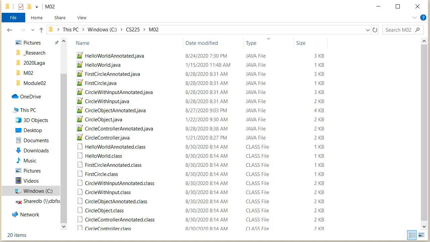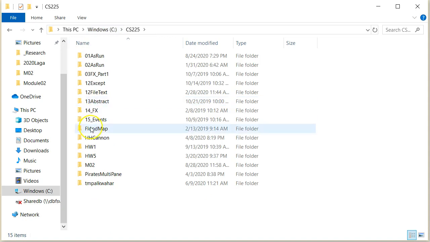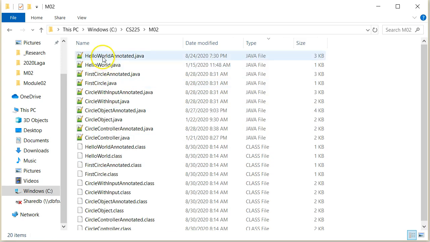In order to do that, you need to be aware of how you're organizing your files. Again, organization is important. So I put my files for this class relatively high up in the folder organization, and you'll see why in a second. So this is this PC, the Windows is the top directory, CS225 is just for this course obviously, and then module 02. So here's Windows, CS225, I've got lots of old stuff in here, module 02, and then these are the files that are in